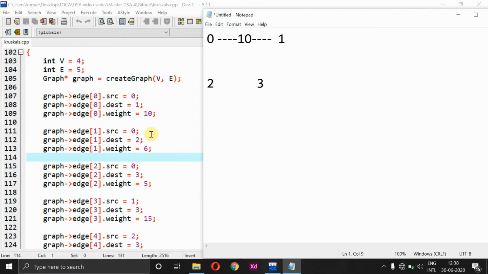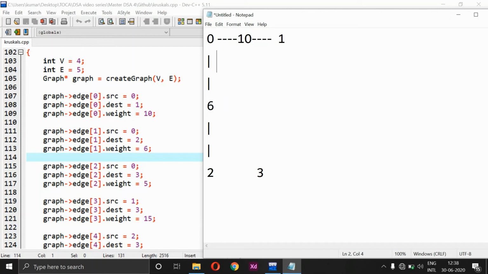Now in the next line the source is 0 and the destination is 2. So from this source I travel to the destination 2. Let me show it here. The weight is 6. Now we have marked these values, and followed by that we have the source as 0 and the destination as 3. So from 0 I mark a destination to 3.